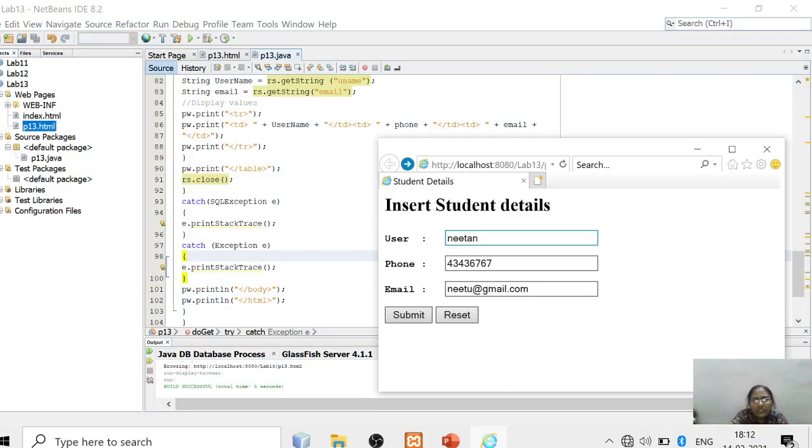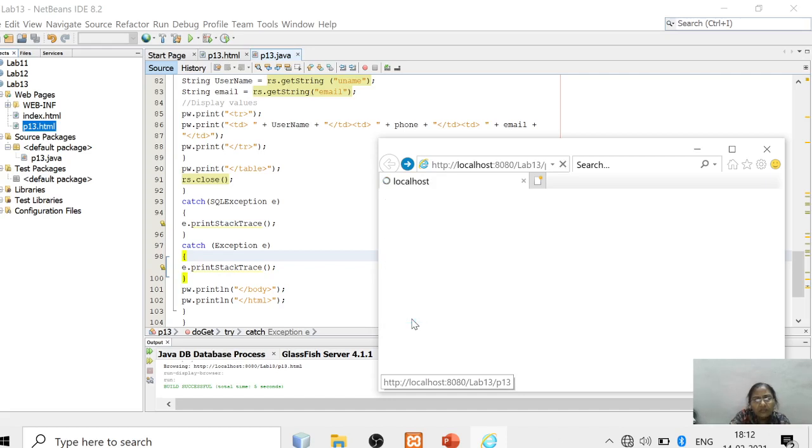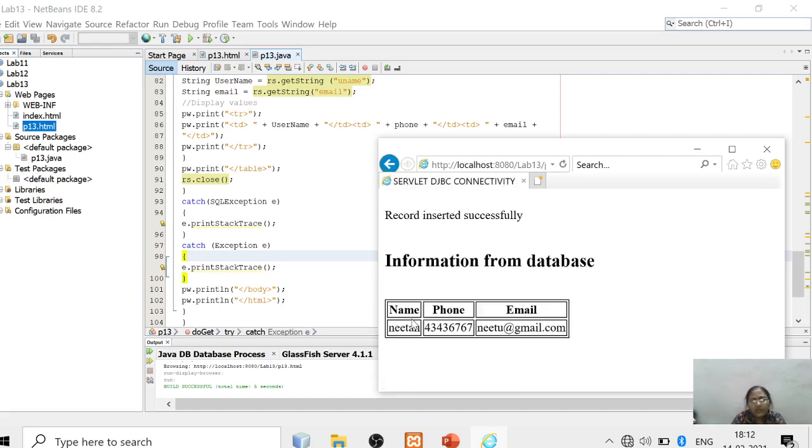Here I just enter the username, phone number and email address of the student, then I click on submit. So when I click on submit, we can see here record insertion successful, and also we are displaying the information stored in the database in the form of a table. So this is how we can connect a servlet to a database.